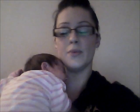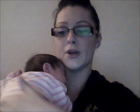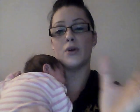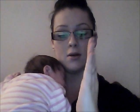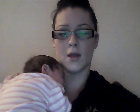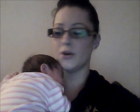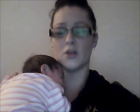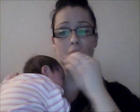I've been doing that, and also you use the palm of your hand on their left side and push inwards and move up, and also circular motions on their back, and also physically rotating their whole body in a circular motion, so their butt stays still but their whole body rotates in a circle, obviously supporting their head the whole time. She also suggested Infacol wind drops and 30 to 40 mils of warm water in a bottle,